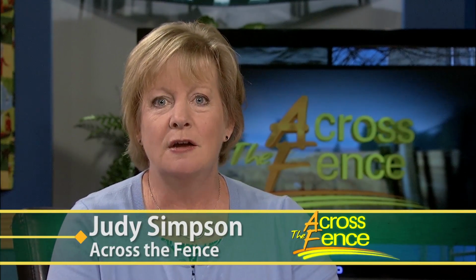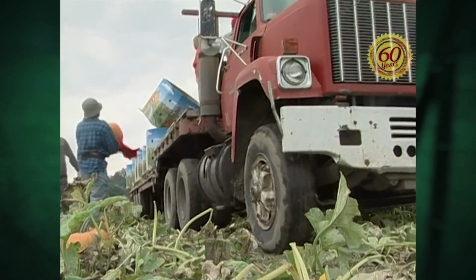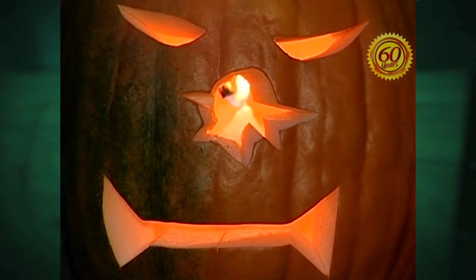I'm Judy Simpson. For Halloween, our program today is centered on pumpkins, Vermont style. We're going to learn from an expert about growing giant pumpkins, and we'll visit a Vermont farmer who grows commercial pumpkins. We'll also be looking back at a long-time pumpkin lighting tradition that many Vermonters remember fondly at Ellie's Farm